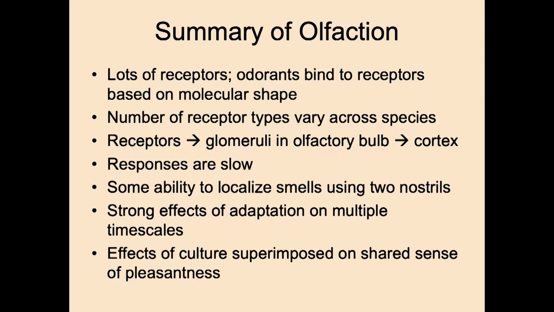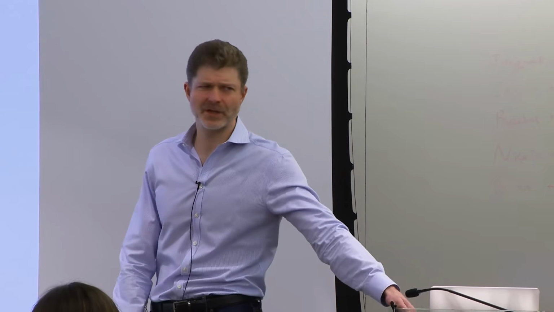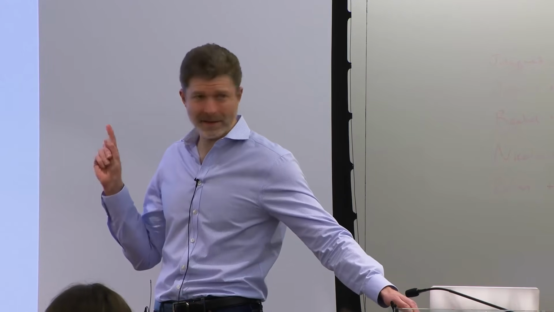Okay, so that's the whirlwind tour of olfaction. Here's a summary of what we talked about. The first thing is that there's lots of receptors. And I probably should have emphasized this a little bit more. It's interesting to think about the number of different types of receptors that we have across the senses, right? In vision, at least in photopic conditions, you have 3 cones, if you have normal color vision. By comparison, olfaction in humans has got 300 receptor types.